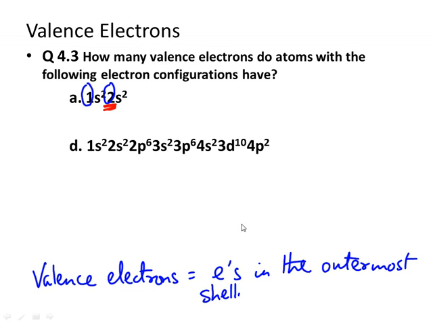If the valence shell for the first atom is shell number 2, then how many electrons are present in this second shell? The answer to that is 2, because there's only an s subshell for this particular atom. So this atom has 2 valence electrons,